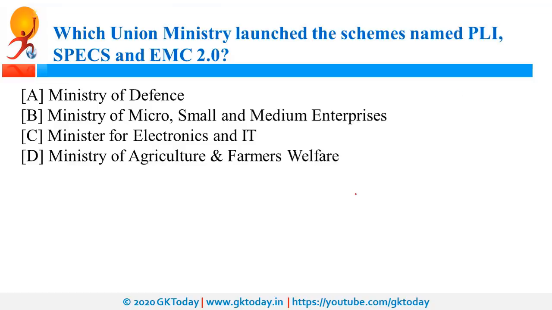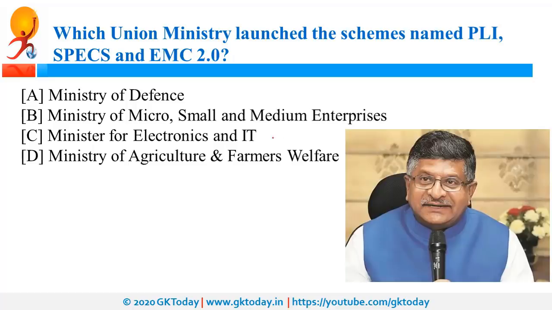Next question is, which union ministry launched the schemes named PLI, SPECS and EMC 2.0? So these schemes are related to the manufacturing of electronics, and recently Ministry of Electronics and Information Technology announced these initiatives. The present minister is Ravi Shankar Prasad. So this PLI stands for Production Linked Incentive Scheme. That means if you are producing more, you will get more incentive. So this initiative is related to